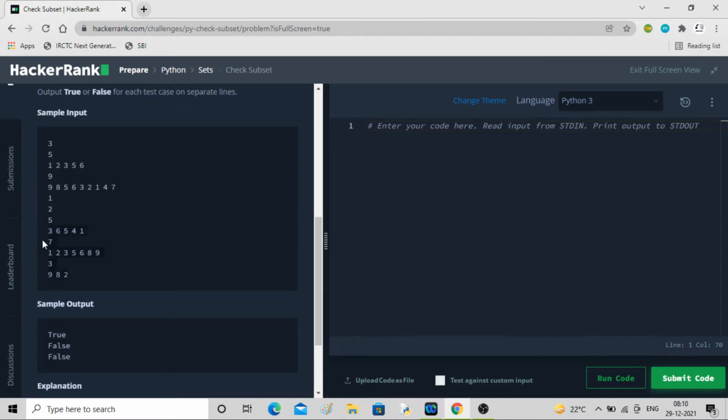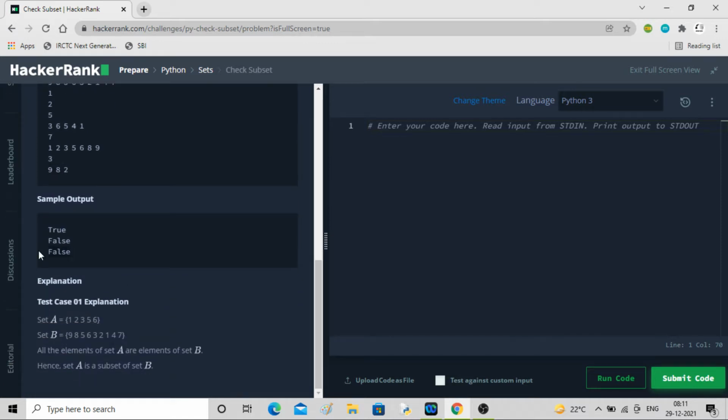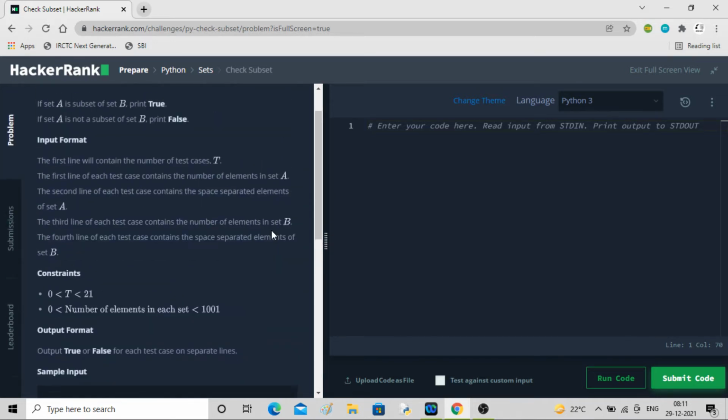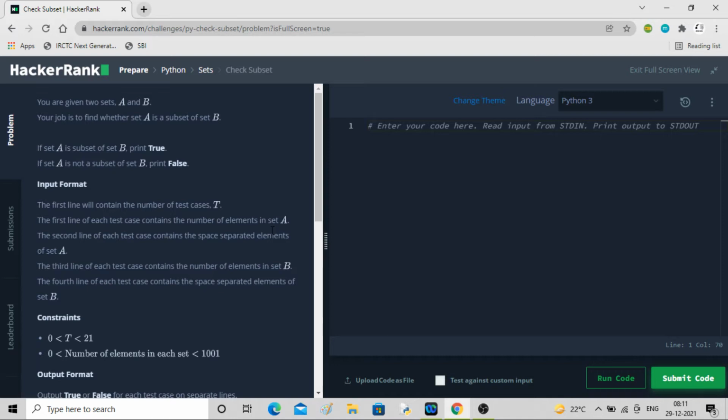Similarly in the last case, 7 elements are there in this, 3 elements in this, and you can clearly see all these elements are not available in set B. That is why false is the output. They have explained only test case 1. So it's simple stuff, but we have to do some extra work here, so let's do it.